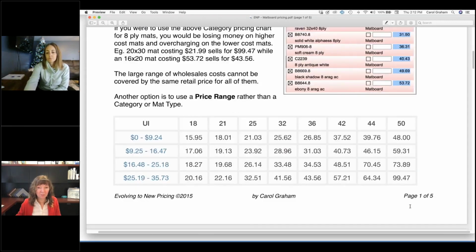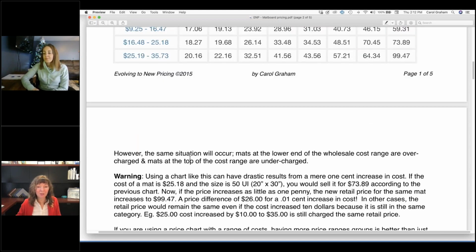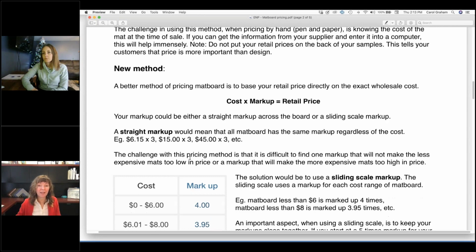So the next structure that people came up with was to price by price ranges. But if you had too much space between your price ranges, then if the cost of the mat board increased just a tiny little bit, suddenly the price would jump $20. And yet at the same time, if it increased $10, you're not going to change what you're charging. So the best way to do that is to actually base your retail prices on the cost,